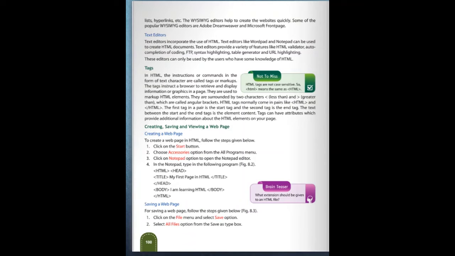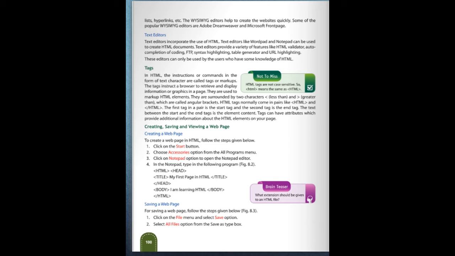Second is the text editor. The text editor incorporates the use of HTML. Text editors like WordPad and Notepad can be used to create HTML documents.